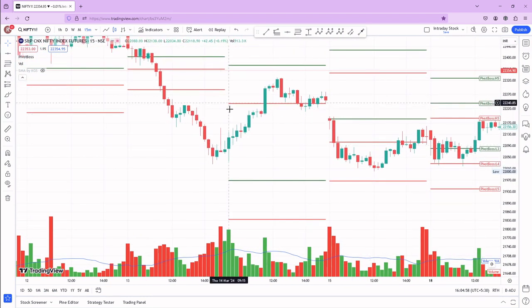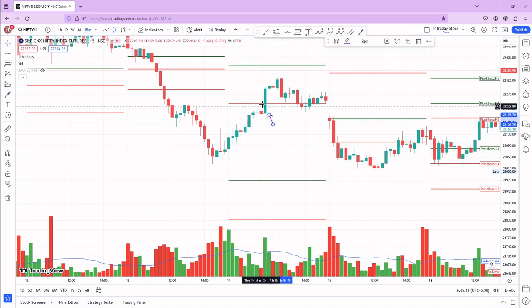And now this is a lower value relationship. Any pullback towards the L3 can be a support opportunity. Any pullback or reversal at the H3 can be a selling opportunity. But did the market give you a selling opportunity? No. This candle engulfed the H3 and then started moving up. So we will not have any proper setup at this particular zone. Even this candle formed a doji reversal setup, but there is no follow through,